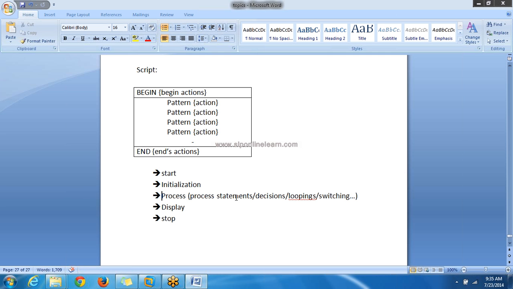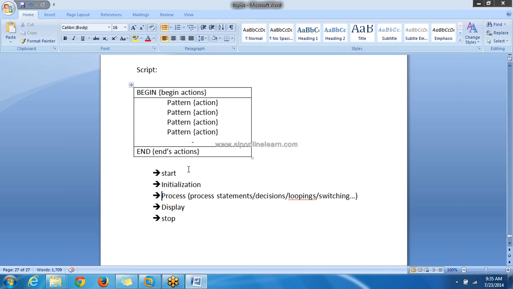So these are the general process or programming structure, or we can say problem evaluation way. First we'll start the process, we'll do some initialization part, we'll process it, and after completing the process we'll display the result. Simple. Any program will follow almost the same process.